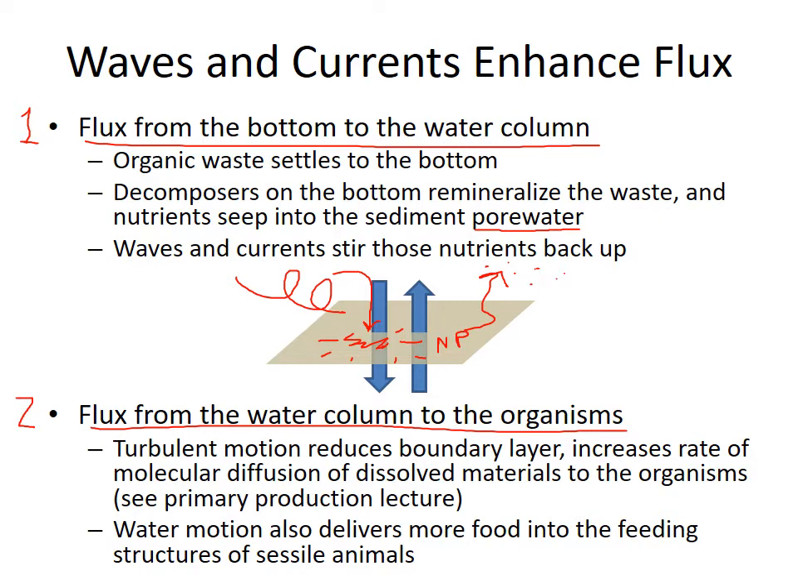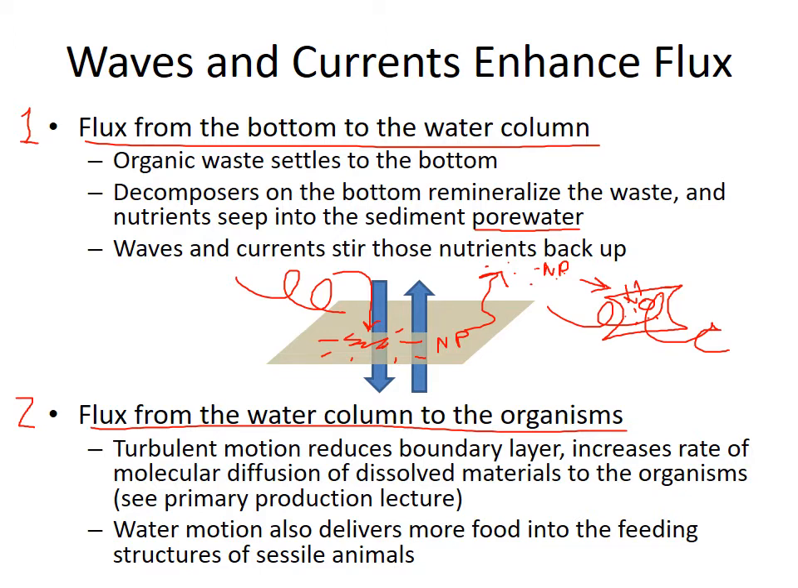Then there can be a flux from the water column to organisms. So organisms like, let's say, here's a phytoplankton cell. Let's say it's a diatom. It's got a nucleus and some other things in the cell. This diatom needs to get nutrients into itself. And if there is turbulent water motion, that can help deliver the nutrients across this sort of diffusional layer into